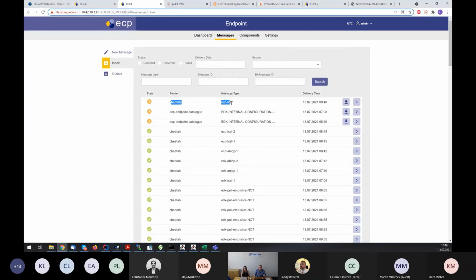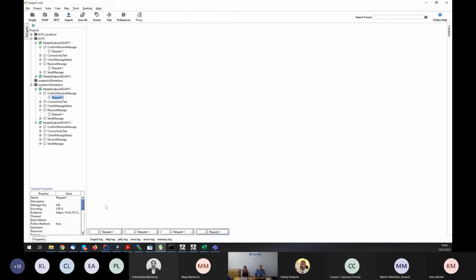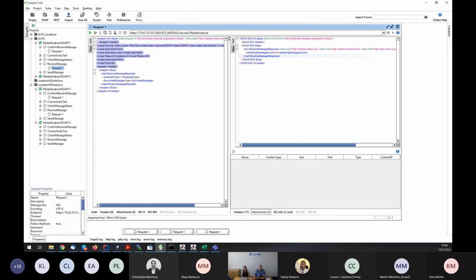And here I can see that the message is still in delivered state, and I can download it from the user interface. I can do it, for example, with these internal configurations, which were sent by the service catalog. But the ECPWS message I will keep in delivered state, so I can now receive it